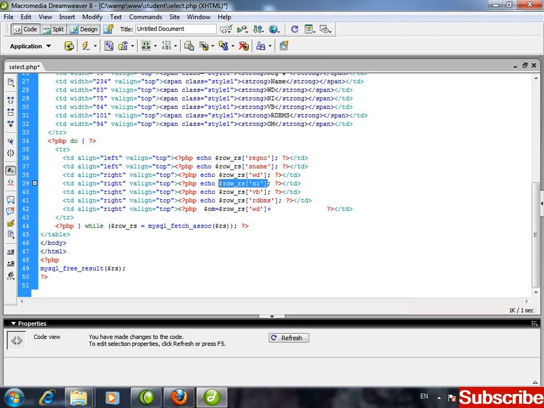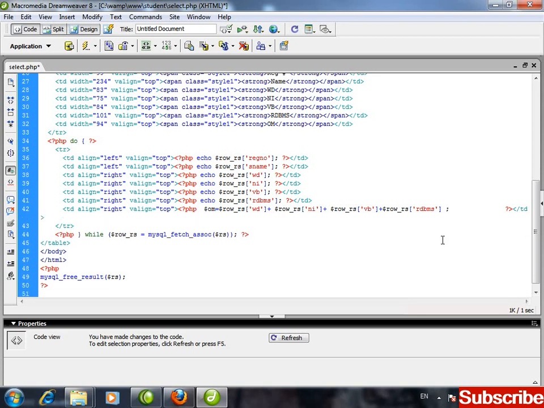next one, network infra, Control C, paste it here, again plus. Next one we have Visual Basic, Control C, paste it here, again plus. The last one I have is the RDBMS, Control C and paste it here, and at the end put a semicolon.